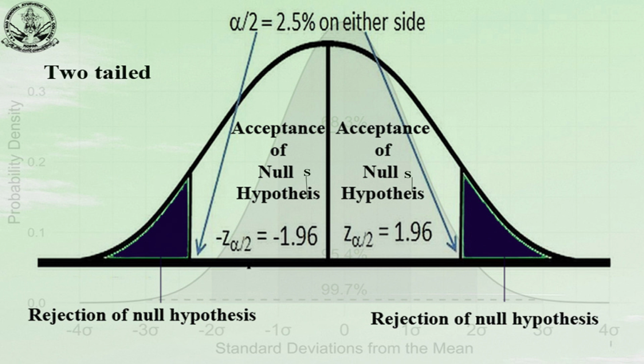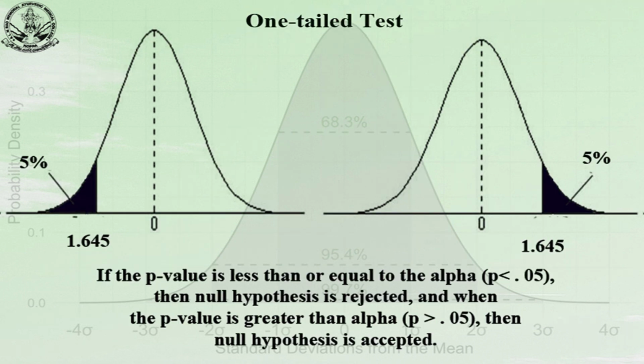In a two-tailed test, we have to see whether the value is lying below or higher, lower or greater, so we take two tails. But if it is a matter of either side only, like only one tail, meaning it's lying below only, you can see that in the first picture. If lying only above, that's 5%, and 1.645 is taken over here. That's for 95%. How that comes, I will show you. You see it just here.